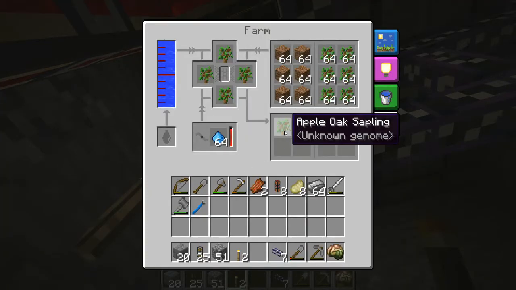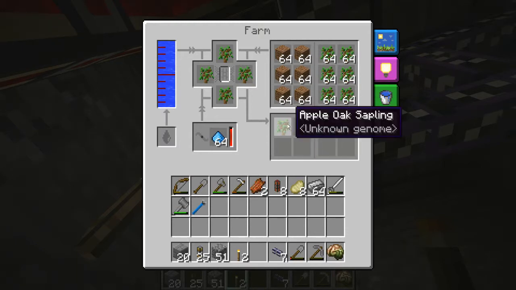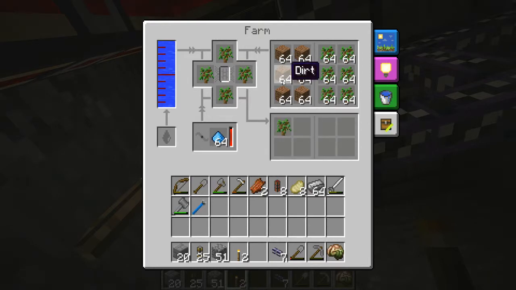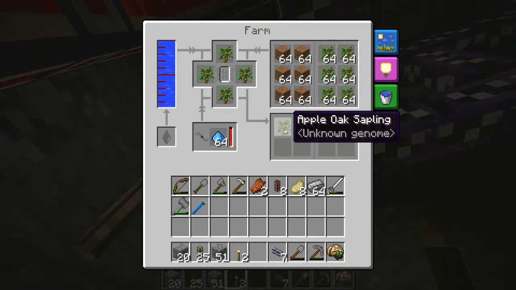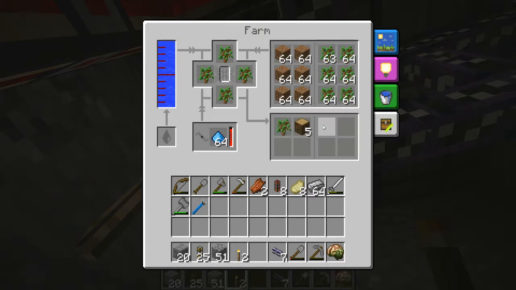So we'll just have to deal with it. And so basically what that's going to do is it's going to keep the trees full, it's going to keep the dirt full, and it's going to pull out anything it sees in this section. So that'll be apple oak saplings, dirt, anything they see in this section is automatically going to get pulled out. I don't know why that one is staying in here, but